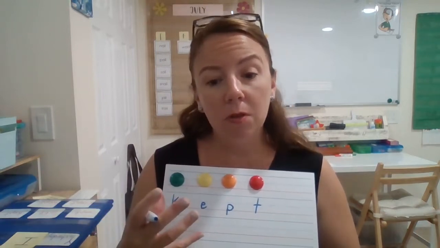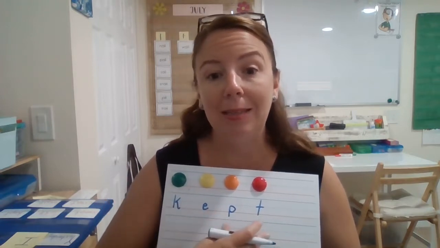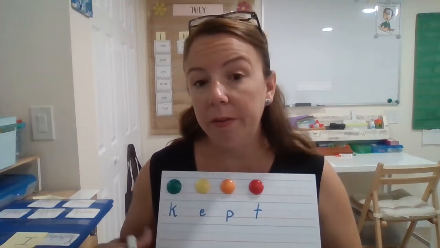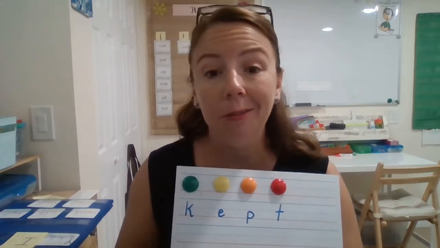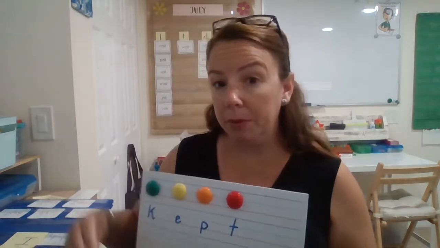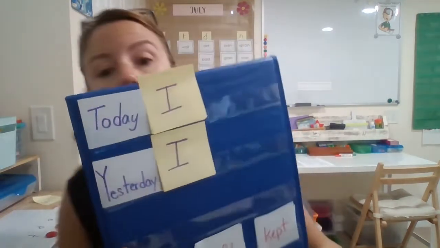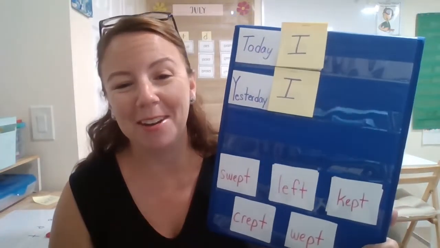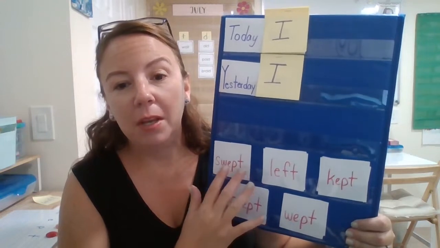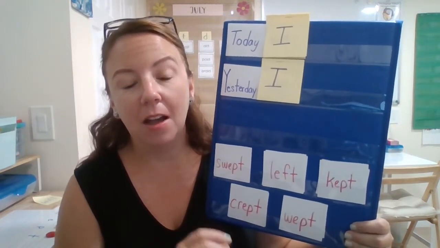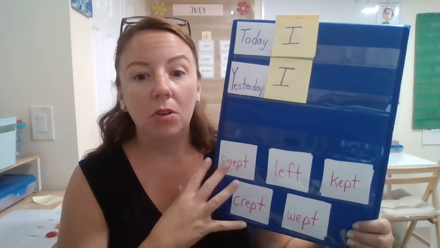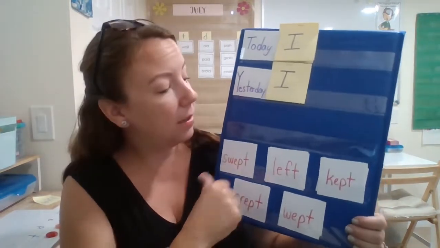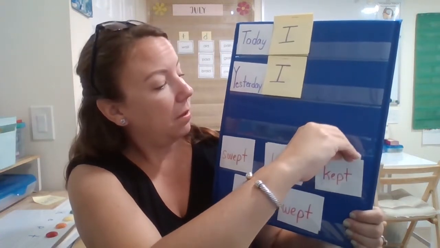But while my student and I were studying these words that may have ended in PT, we also realized that there was a valuable grammar lesson that could be incorporated with irregular verbs. So the next step after this became a little bit of a grammar activity. And this pocket chart I use just to be able to model in front of my video screen. But what I had done was pick out the words that may have had the PT or FT endings and talked about how there's a contrast in their spellings